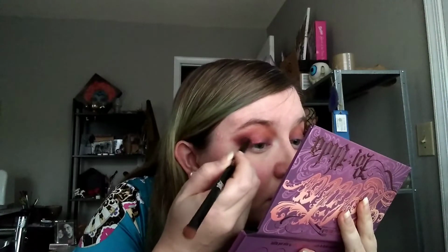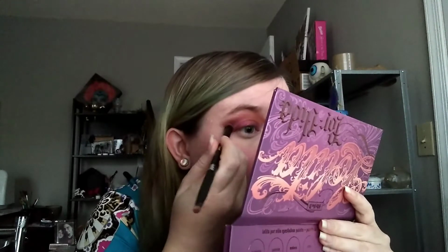Okay. Get some more Rosario. It keeps getting shoved to the side. Okay. It's a little better. Something's not matching, I don't know what it is. I'm gonna take a little more of the dark burgundy over here. Maybe that's what it was. Okay. I'm gonna stop for a second